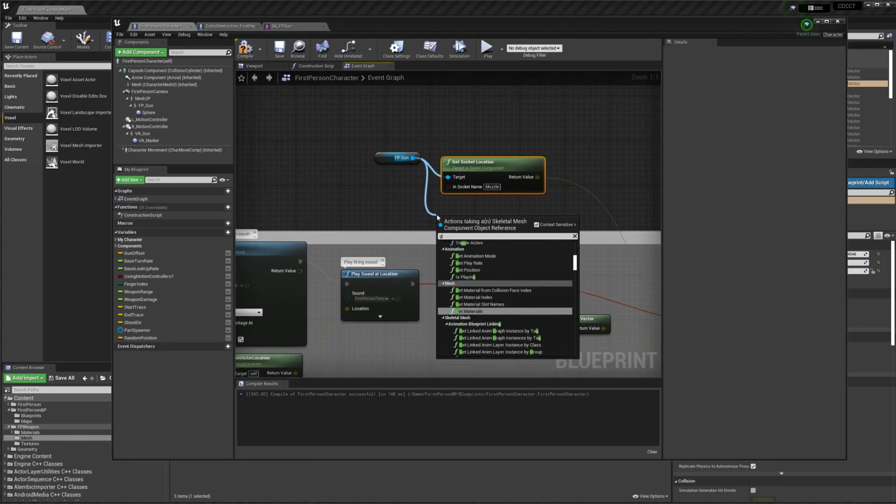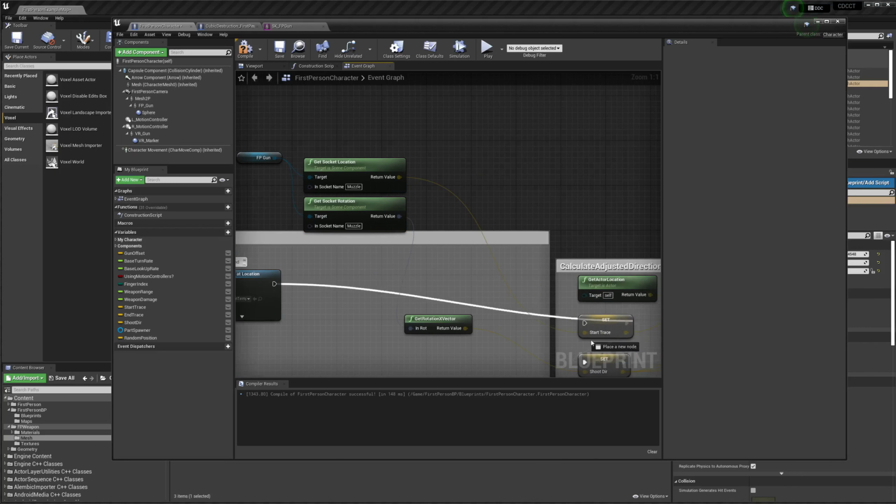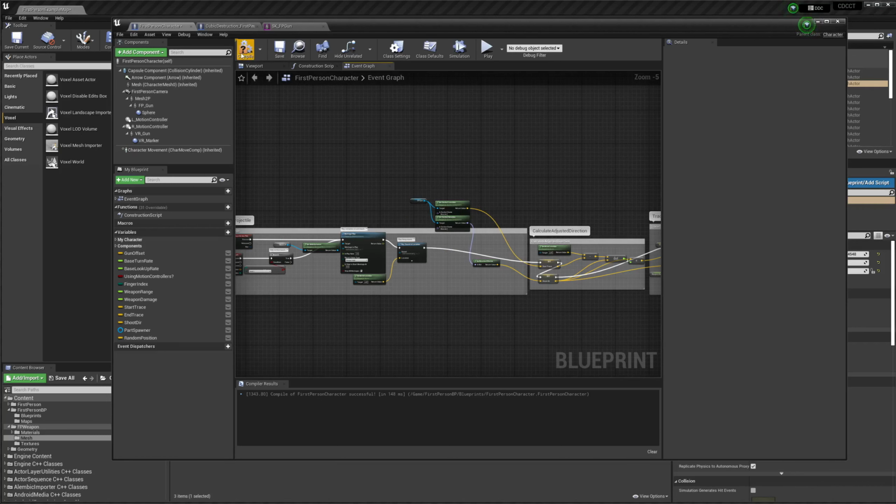And then we want to get socket rotation, and we want to type in muzzle again, and we're just going to plug this into the in rotation, and then we're good to delete that and plug in that directly to there. So then if we just compile,